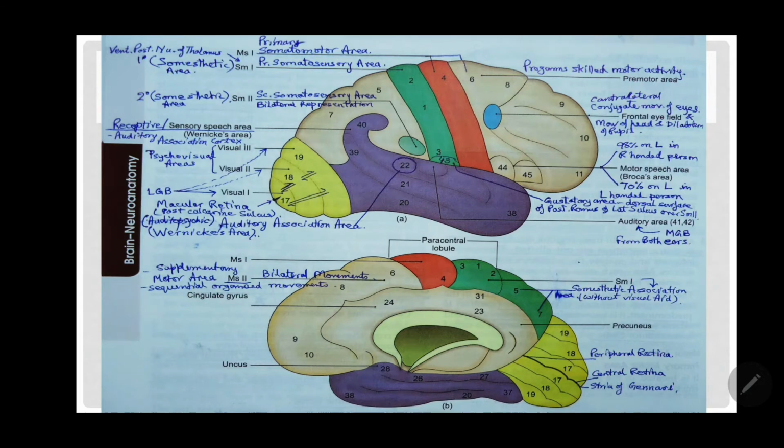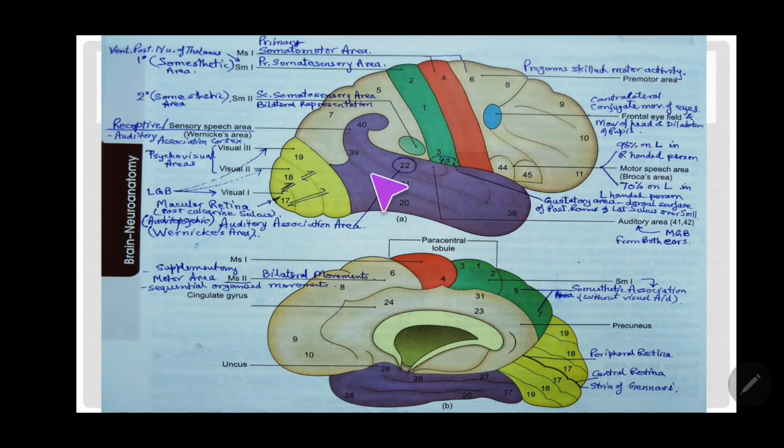So that was the secondary sensory area. This is the parietal lobe, which is divided by the parietal sulcus into superior and inferior parietal lobules. This is a part of the inferior parietal lobule, and it reaches down onto the dorsal surface of the posterior ramus of the lateral sulcus. Now we will talk about the superior parietal lobule, which is area number 5 and 7.